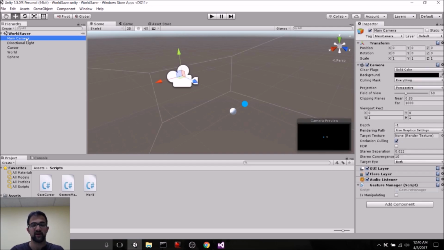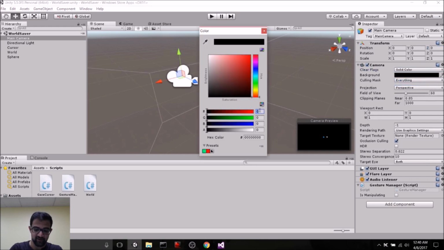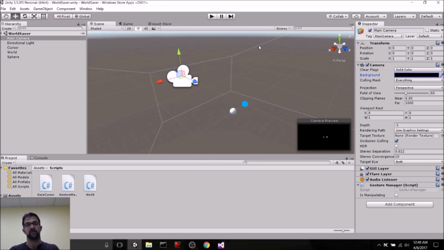The first thing is that we have this main camera. Now this is just the standard main camera that any scene opens with, but we've set the position to be 0, 0, 0, and we've also updated the clear flags to be solid color, and we've zeroed out what that solid color is. This is so that we have a transparent background and we're not drawing anything in the background when we see it in augmented reality. Now Microsoft also recommends changing the near clipping plane from 0.3 to 0.85, so we've done that here. And at the bottom you'll see that I've added a gesture manager to this camera, and we'll talk more about